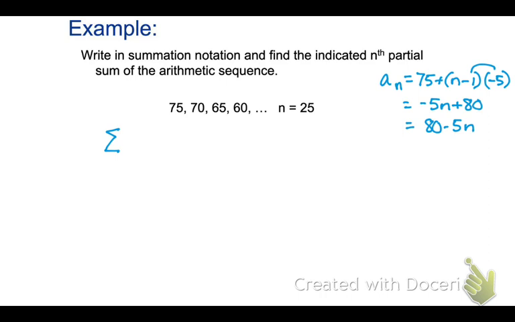Okay, so what do you guys want to use for your index again? Do you want to use x again? Sure. Okay, so x equals 1. If we're going to do these, guys, we're going to start at 1. We don't have to start at 1. We could start at 0, but that would completely change our equation. Okay, so then write your equation. 80 minus 5x. We have to switch the n to an x because what did we make it? x. What's my upper limit?